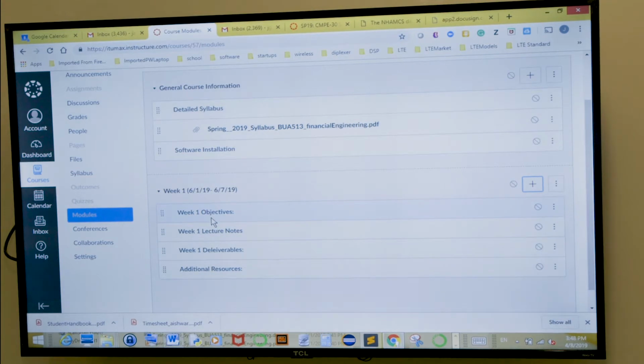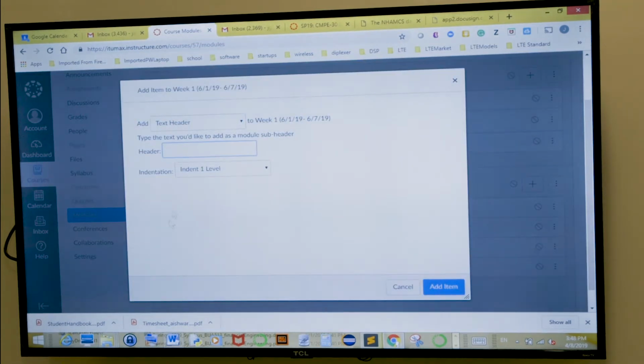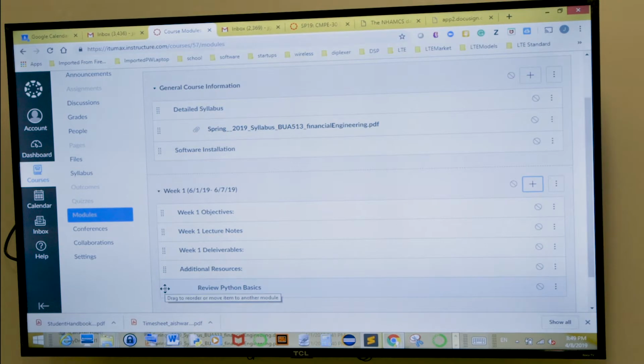Okay, now underneath this, I can add the items I want. For example, for objectives, because this is just a text, it's going to be a header, review Python basics. So and then here's how you can move it. Basically, it shows up at the last item. I'll move it up here. So now you see, now week 1 objective, I have one of the objectives is this one,